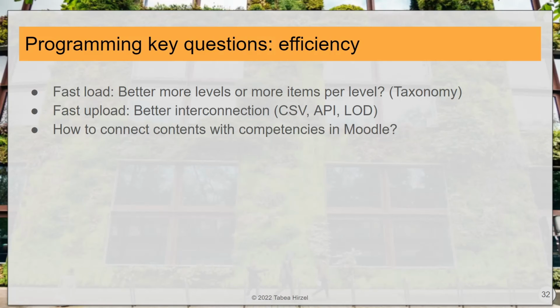Yeah. The question is more the workflow. What is better? To have a CSV file we can download and upload, or an API through LOD? At the moment, I'm inclined to think the CSV is the best interconnectability for the simple task, so that we can also collaborate with a small area in India and they will be able to use it.